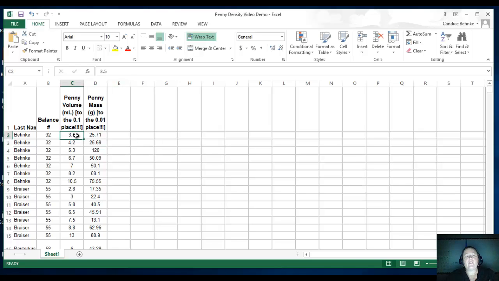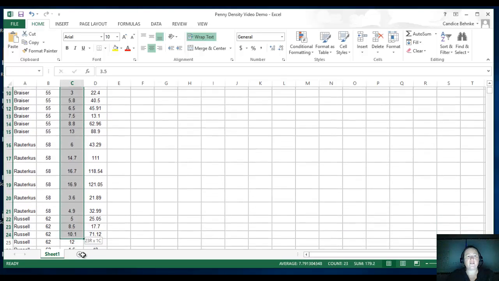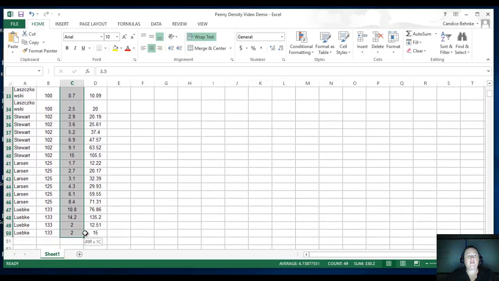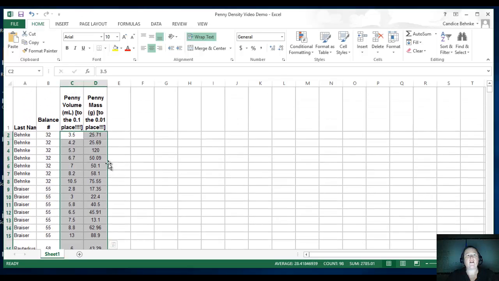But at any rate, what we want to do is highlight this first column, and then move it over to the second column. So these two columns are now highlighted. Do not highlight